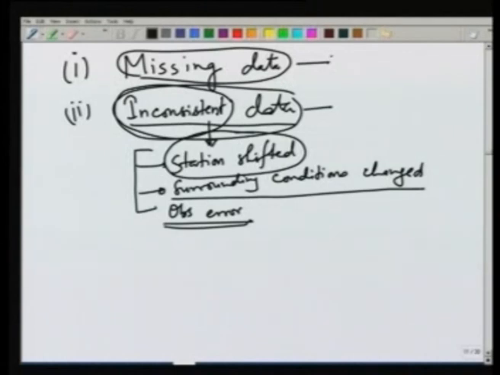So, we need to either fill in the missing data or correct the inconsistent data. So, there are methods for correcting the inconsistency or filling in the missing data. For missing data,